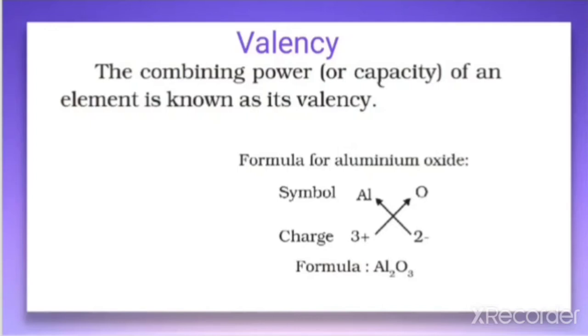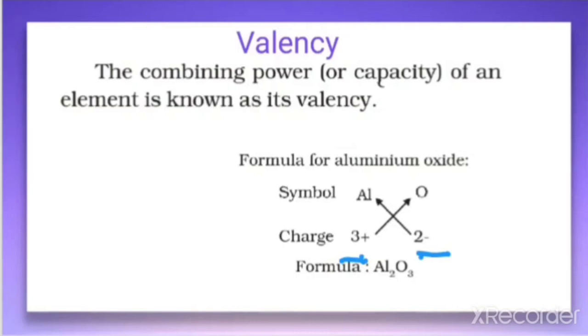In that, we are crossing the valencies, so that actually gives rise to the formula. So the combining capacity of an element is known as its valency, that we have discussed. So the question arises, why is 3 the valency for aluminium? Why is 2 the